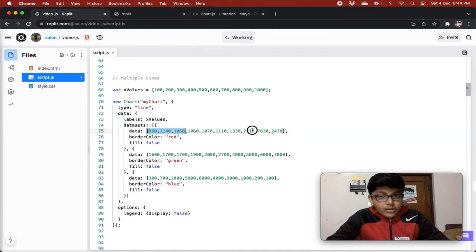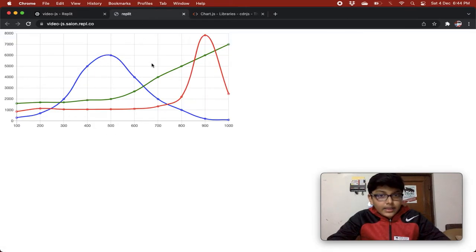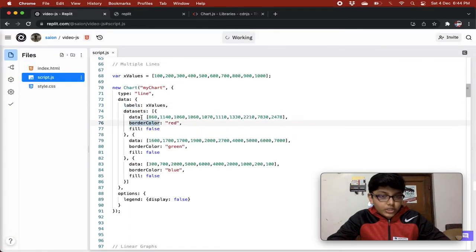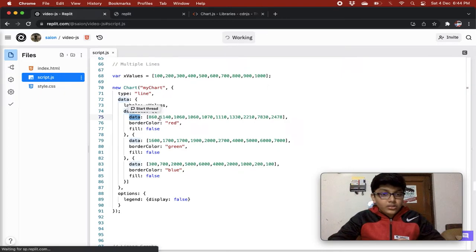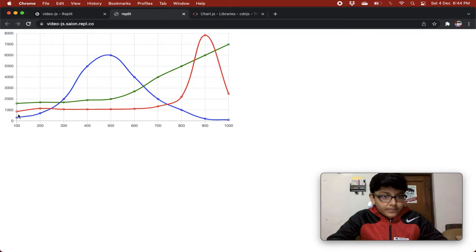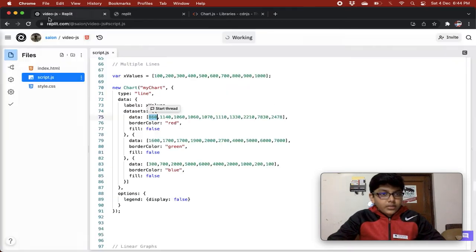So the y values are always changing, right? So for every line, the x values remain the same, but the y values change, right? So the dots' y values by position change. So first dot is on 860 for the first line. So 860, which dot is on 860? 100, 860, 1600, 300. So our red line is our first line, so we have given 860 as the first dot,